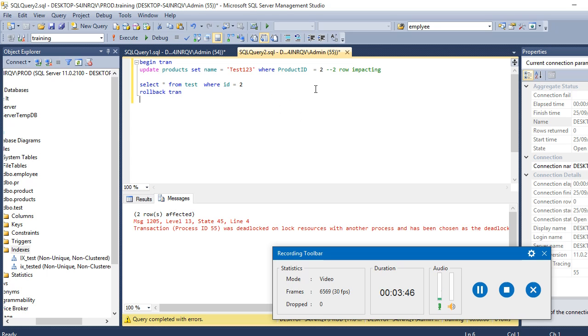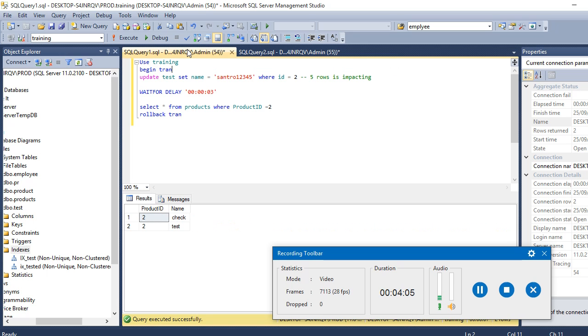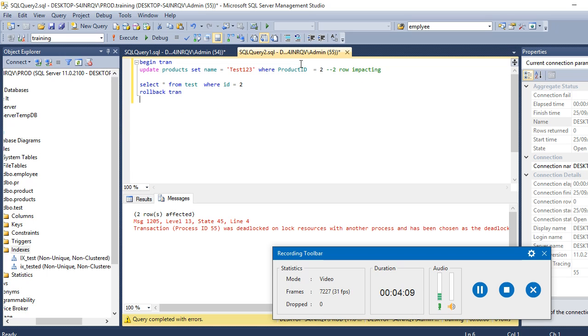The reason is, whenever SQL Server terminates a session, it has to roll back all the changes which were done. In connection 2, 2 rows are impacted, so SQL Server has to roll back these two rows. But in connection 1, 5 rows are impacted, so it is easier for SQL Server to roll back 2 rows as compared to 5 rows.